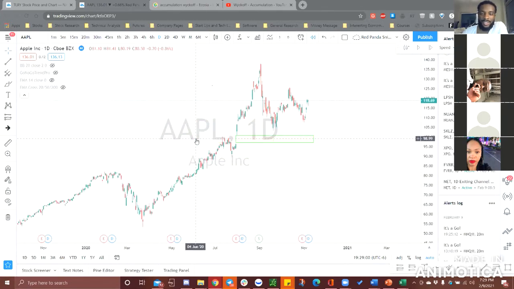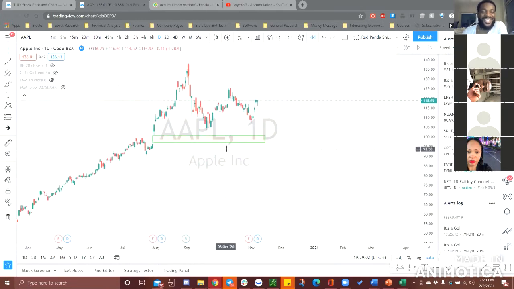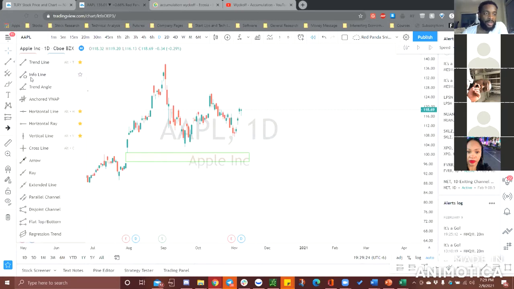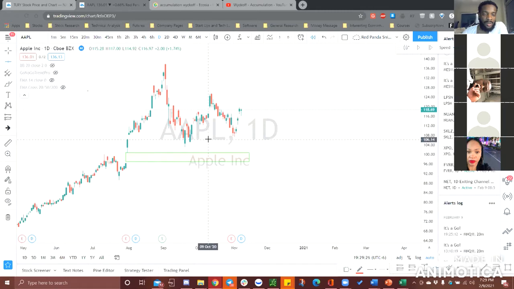Oh, this is the split. This is not a good example to use. But this right here, if I know it here, then this would have been an area where I would have got in, because it came out down low here. It didn't come fill this gap in. It's already been over 30 days. So anything around this area would be where I would want to get in. And to be aggressive, it would just be anything around here. So if I came down here, this would be an area where I would want to get in. But that's